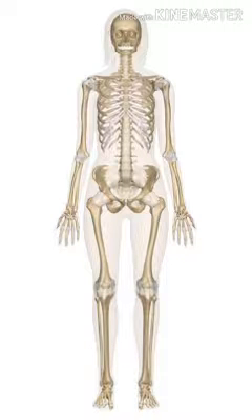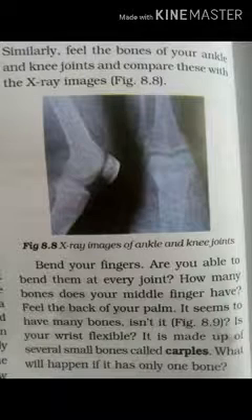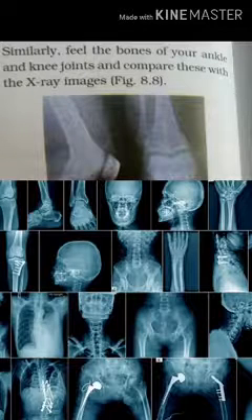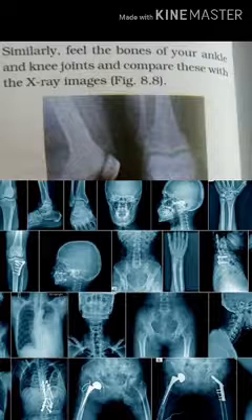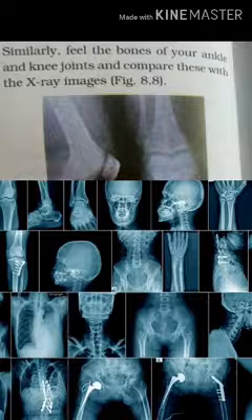If you have ever seen an X-ray film, you must have seen the images of a bone there. You also must be knowing that X-rays are taken to find out the possible injury, and they show the shape of various bones in our body.